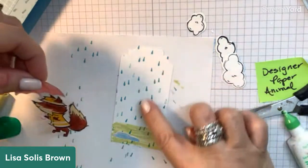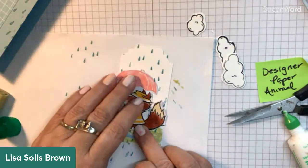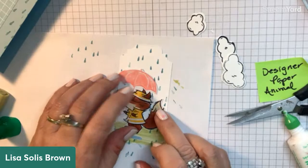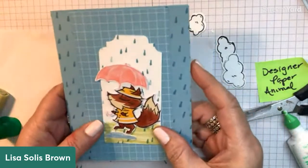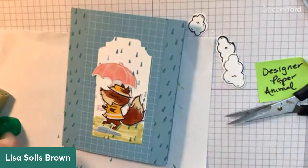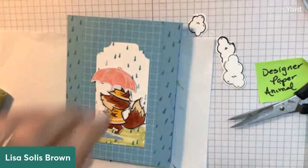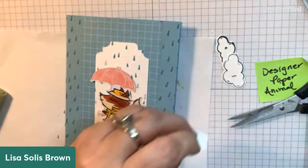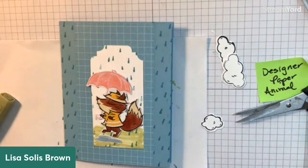And I decided just to leave that white since there's so much Balmy Blue behind him. So see, he's going right there. Isn't that cute? All right, and then let's see, the clouds. I'm going to do the clouds like this. I think I'm going to get my Balmy Blue